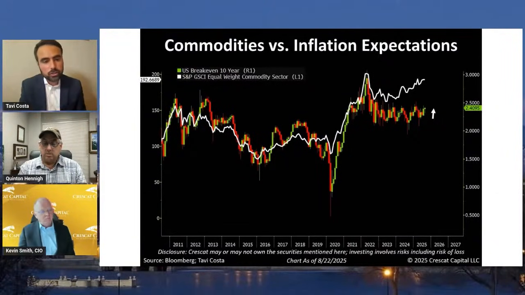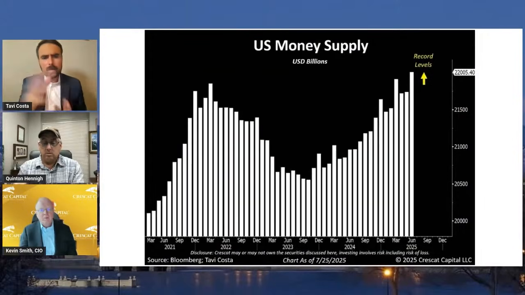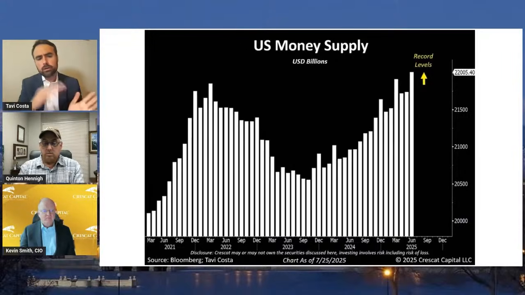But anyways, let's go to the next chart. And money supply is the last thing on the inflation front that you can see here. Money supply at record levels. You can look at the year-over-year change of that too, and it's about 8% growth. So many ways you can analyze this data in terms of the reacceleration of the indicators that tend to lead to inflation at some point. And so, we're certainly still in an inflationary era. We're probably going to be here for maybe a decade or so.